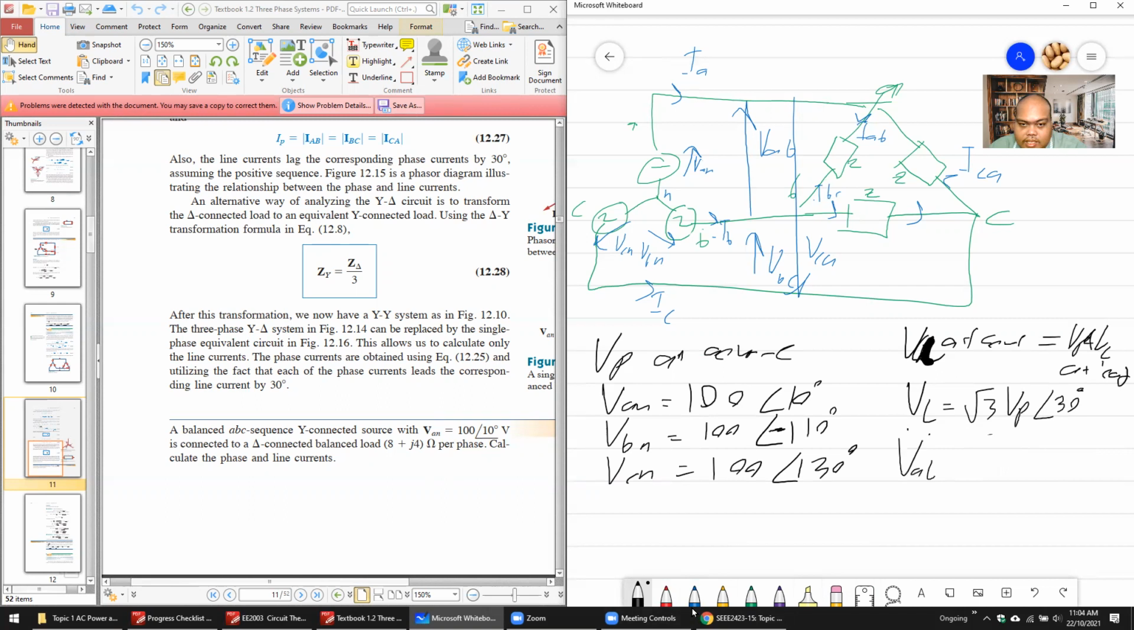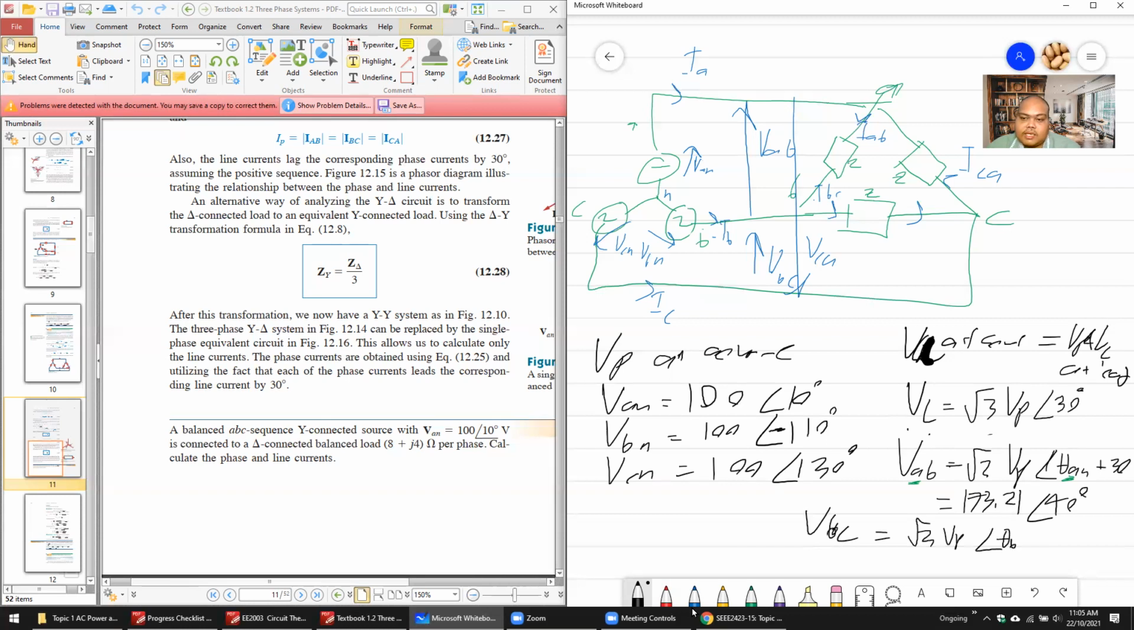Okay, VAB equals to square root 3 VP. Okay, angle, you take this angle, the first angle, theta AN plus 30. Okay, make sure you have A, start with A. Okay. So square root 3 multiplied by 100, you get 173.21 angle 40 degree. Okay, and then VBC is equals to square root 3 VP, get theta